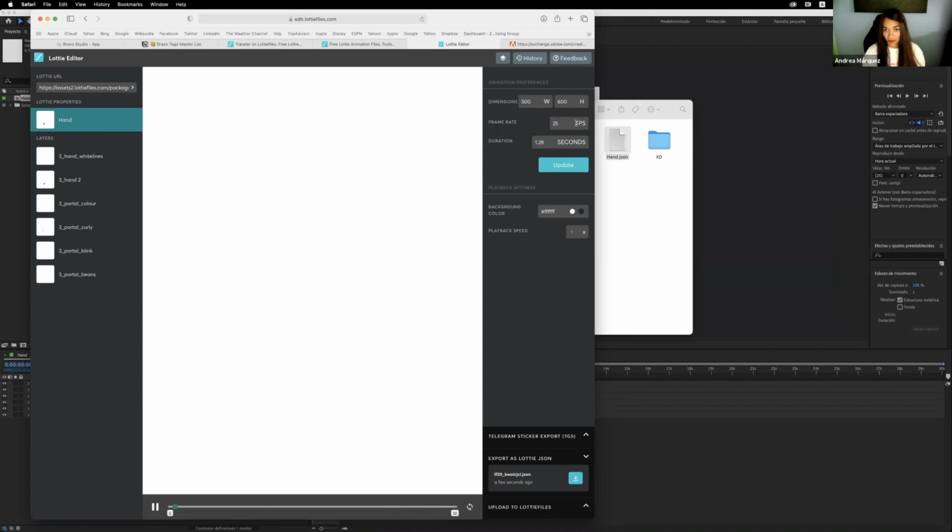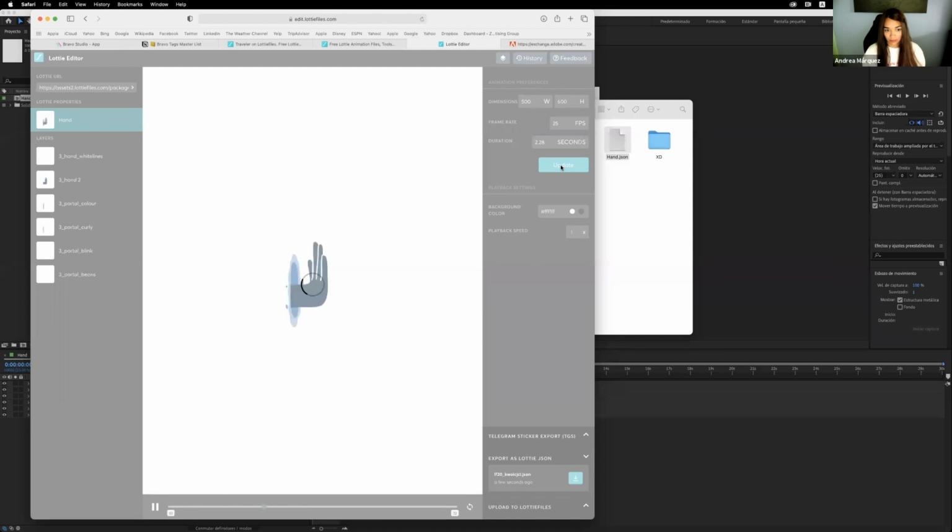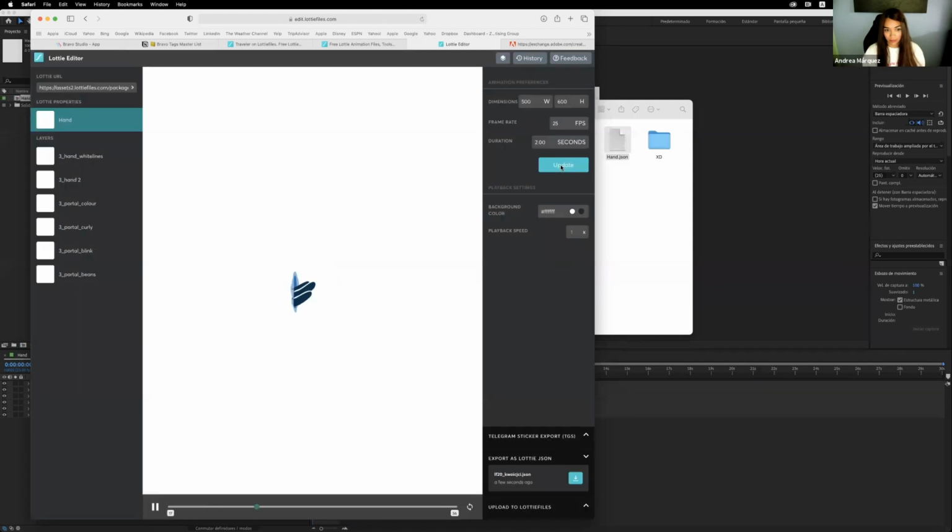We can change the FPS rate, like we can make it slower. It's good. Let's see how it goes. Basically, it changed towards the end, so it's not much of an improvement. And this is the URL that we need. Remember to double check that the extension ends in JSON. I'm gonna copy,